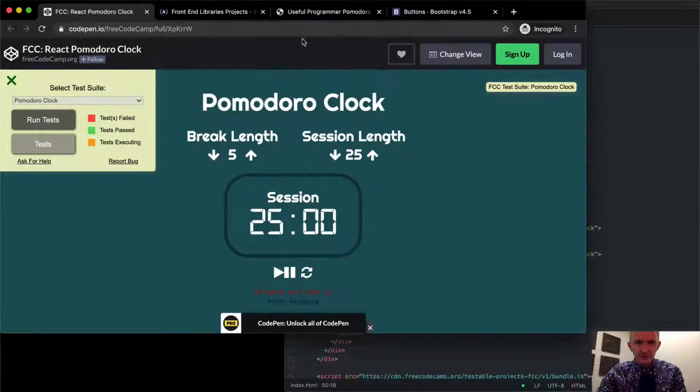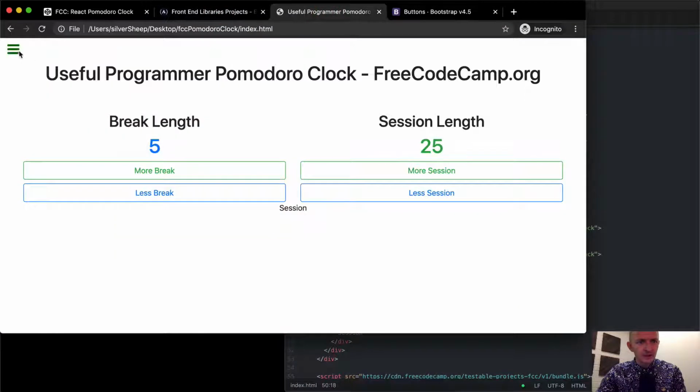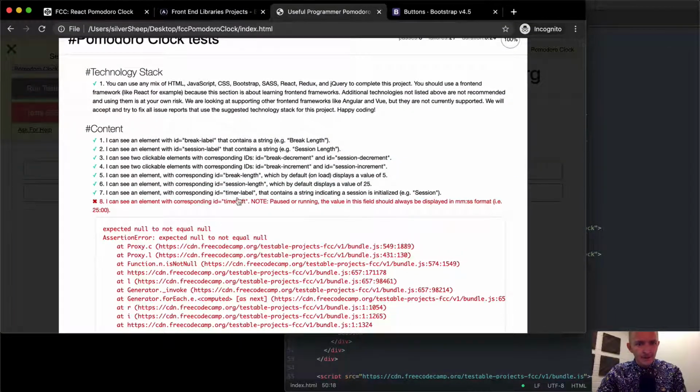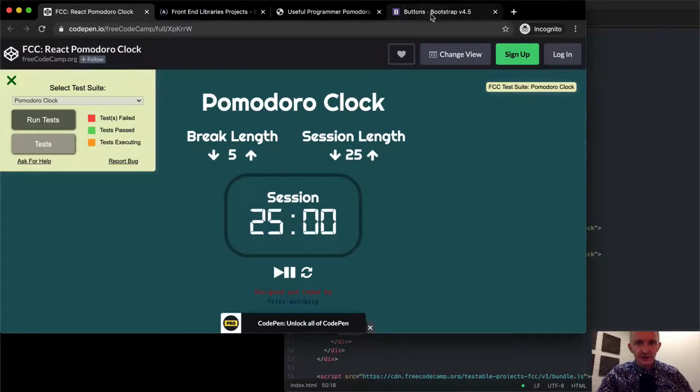Well, I wonder if that's what it means when it says initialized. So come back over here and we'll see if we can pass test unit 7. Okay, a timer label that contains a string indicating the session is initialized. Now we're probably going to have to change all of this with JavaScript later, but right now we're just getting our HTML